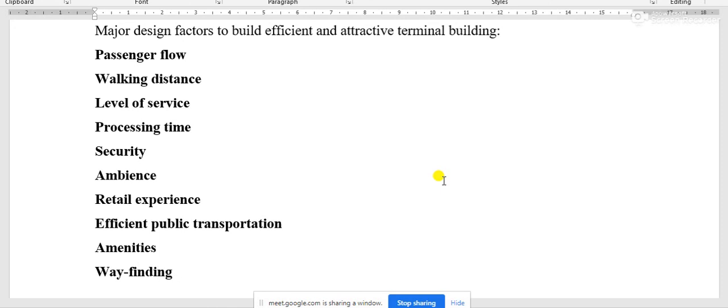It may be a straight path that the user may use, so wayfinding may be easier for them. These are the basic principles and design factors.